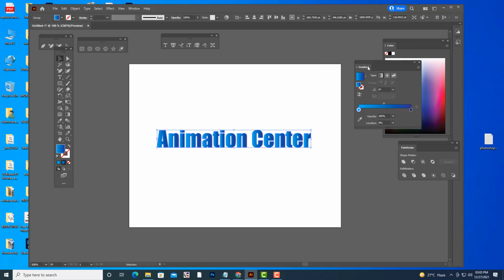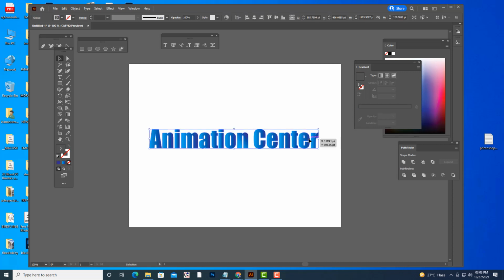And then if you want to change the look of the gradient, that means change the direction of the gradient, you can simply hit G. G is the gradient annotator. See, it is applying for each letter here. It will apply for each letter, and you can change it if you want to change for each letter. Right, so this is how we can apply gradient.